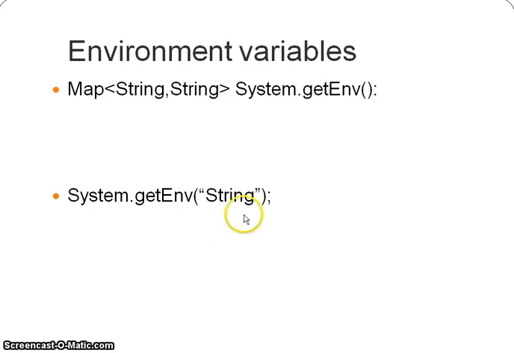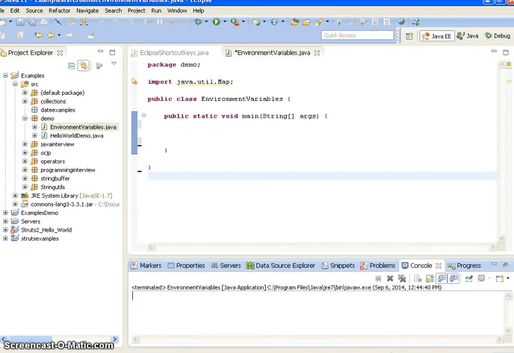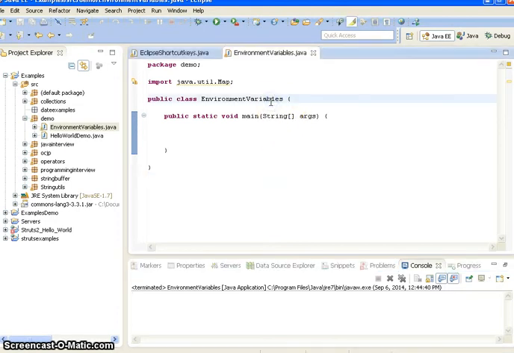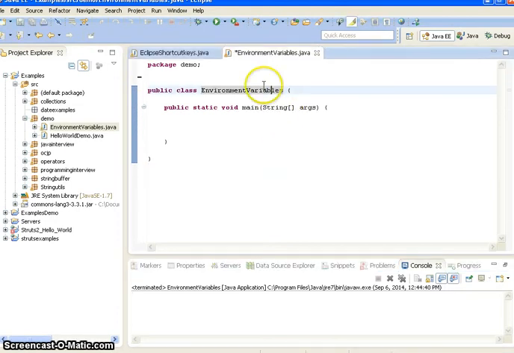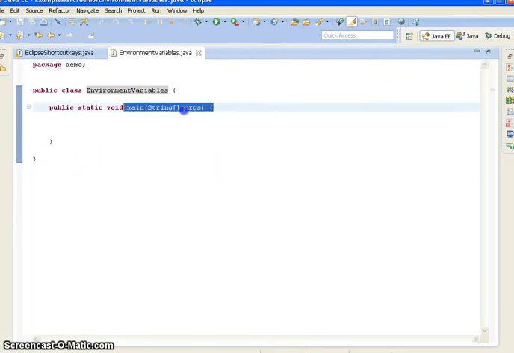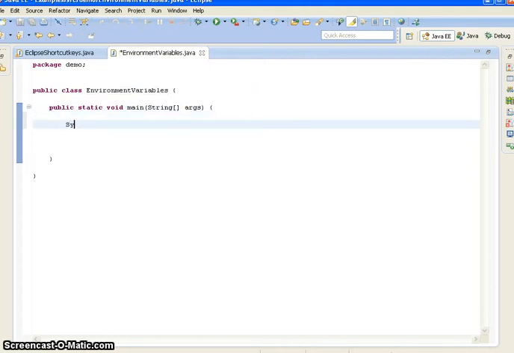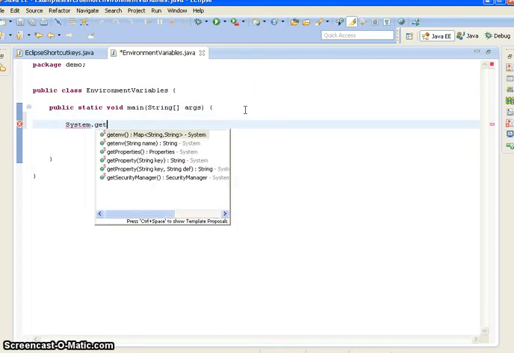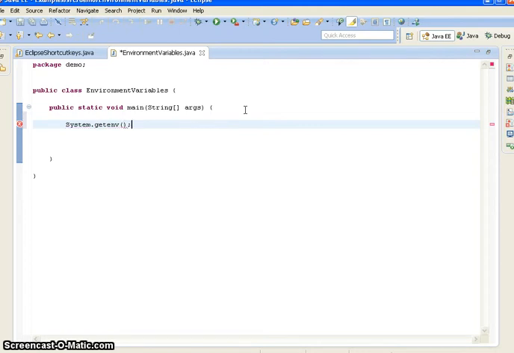Let's see an example of how to write that. Here I have created a class called EnvironmentVariables. In this class I have written a main method. Now I am writing System.getEnv.